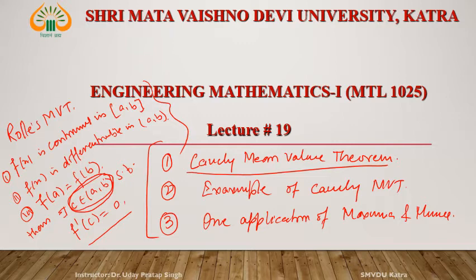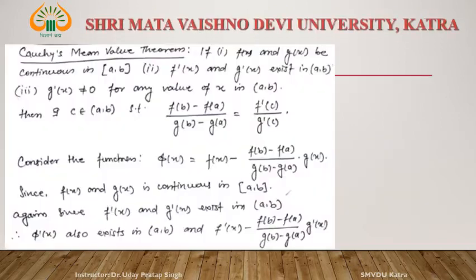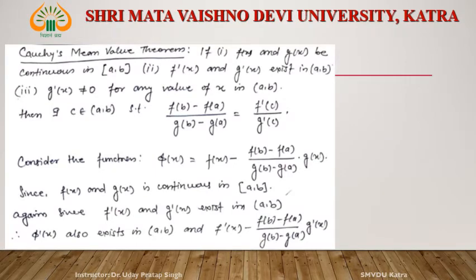Using Rolle's mean value theorem, we already studied Lagrange's mean value theorem, and now we come to the Cauchy mean value theorem. In the Cauchy mean value theorem, we will consider two functions. Now see, if f(x) and g(x) are two continuous functions in the closed interval [a, b], both functions are continuous in the closed interval [a, b], and both functions are differentiable in the open interval (a, b). Then